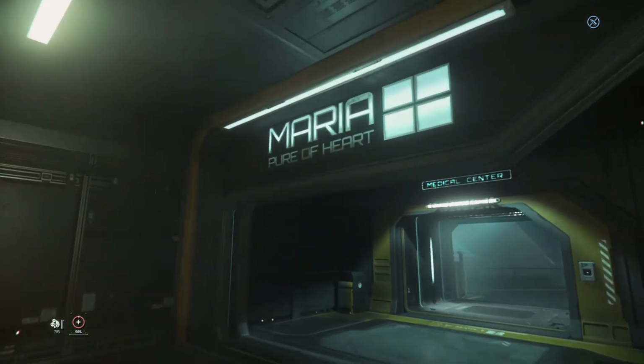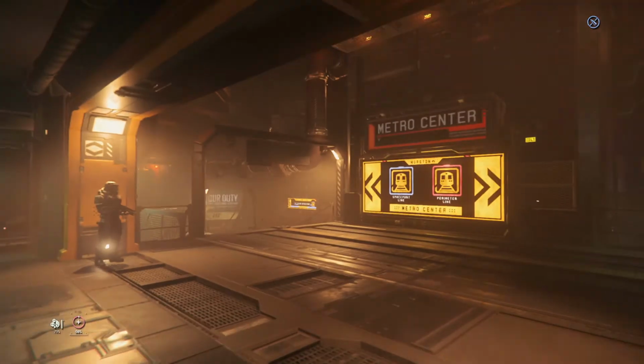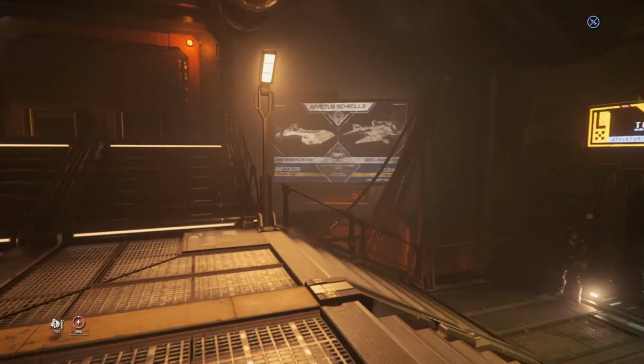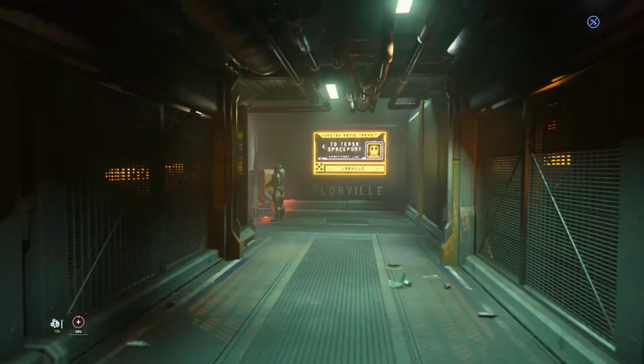Maria Pure of Heart, that's their hospital here. So that's where you wake up if you get hurt or die and have to be woken up here. Welcome to Metro Center. Transfers to the perimeter, spaceport,